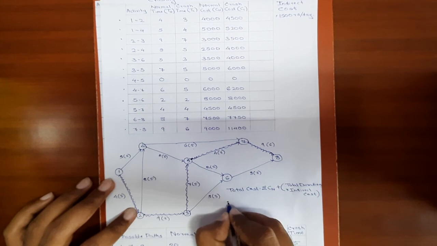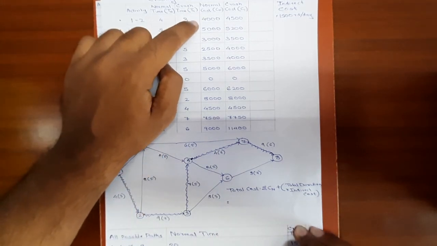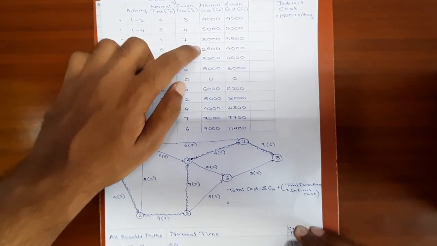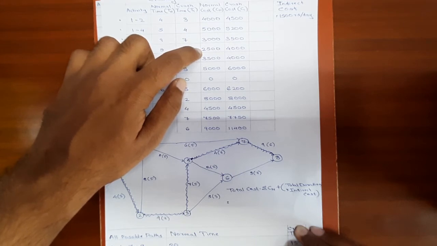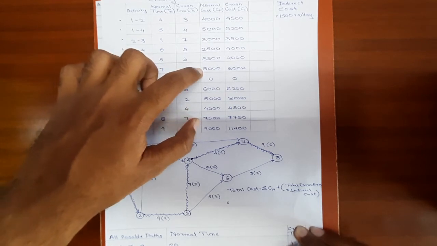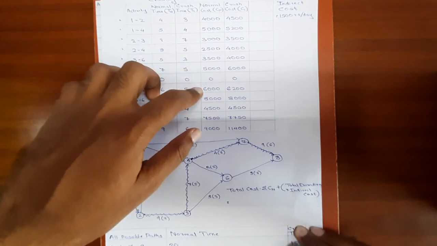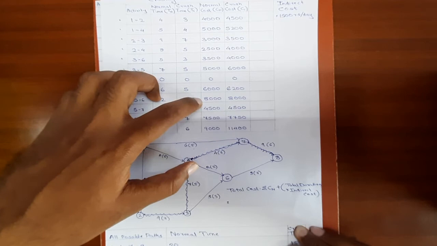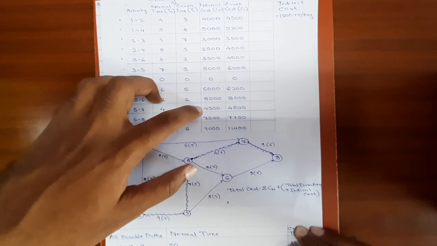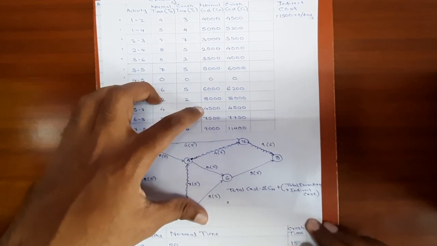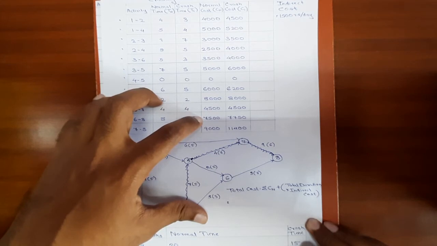Okay, the summation of normal cost is 4,000 plus 5,000, 9,000, 9 plus 3,000, 12,000, then 14,500, 18,000, 18 plus 5,000, 23,000, 23,000 plus 6,000, 29,000, 29,000 plus 8,000, 37,000, 37,000 plus 4,500, which is 41,500, 41,500 plus 7,500 is 48,000,